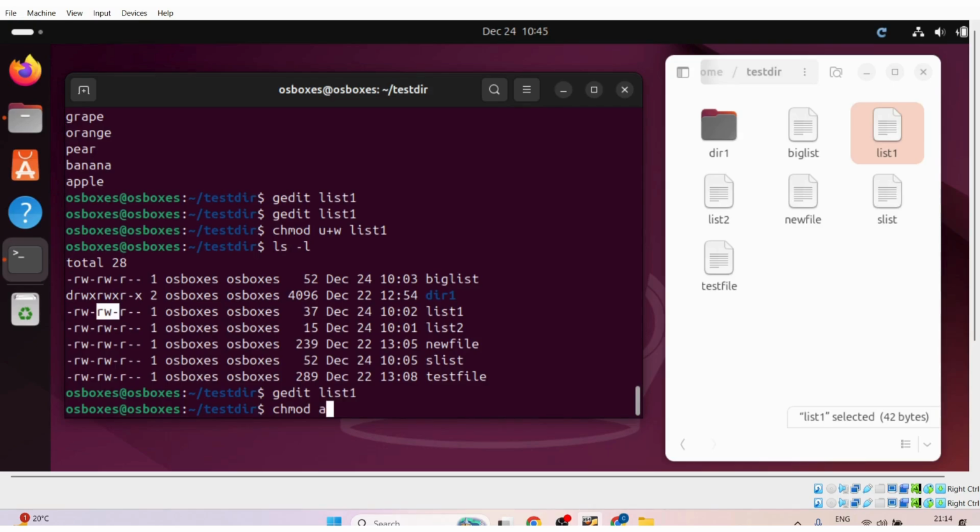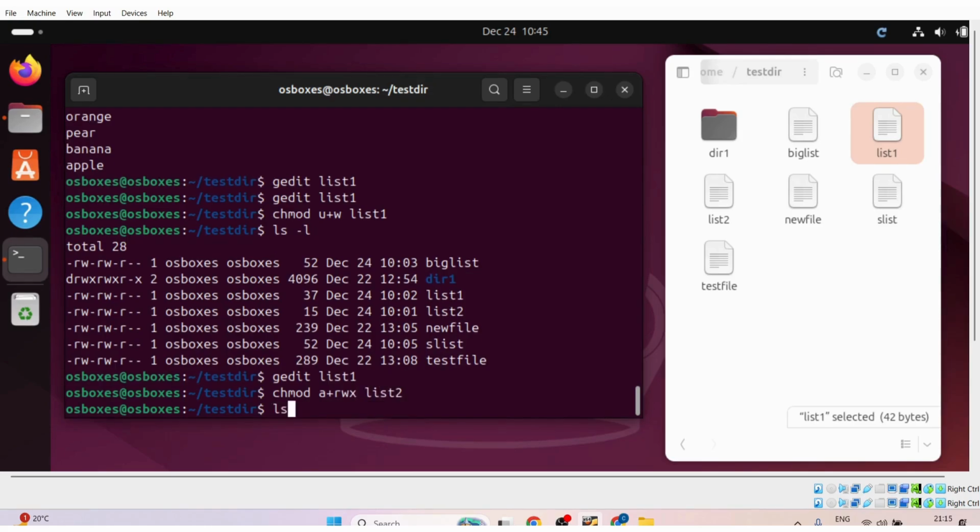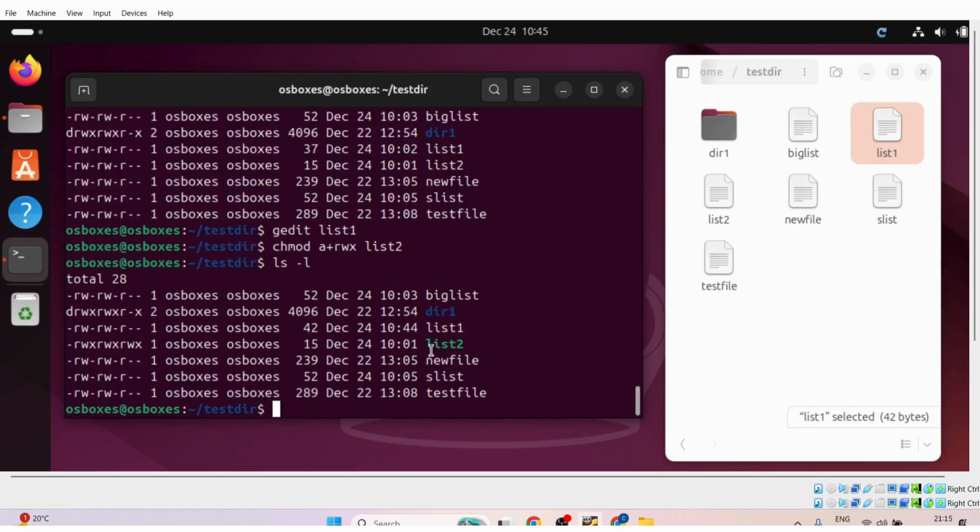For example, for list 2, I'm trying to give the same permissions to all. Adding permissions, that means plus rwx, to list 2. Now if I see list 2, all groups have the same permissions. Okay, now I want to remove permissions for the other group. How can I do it? Chmod o